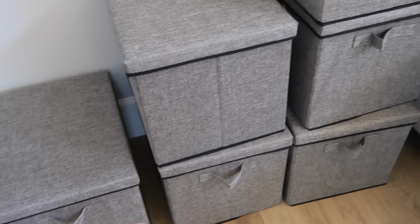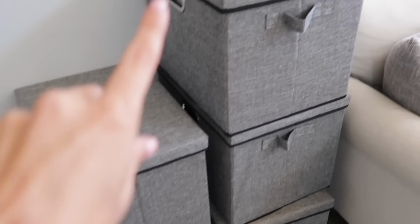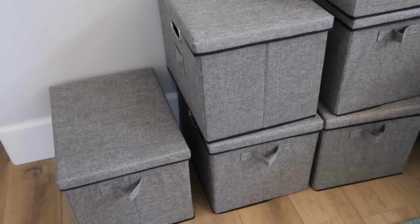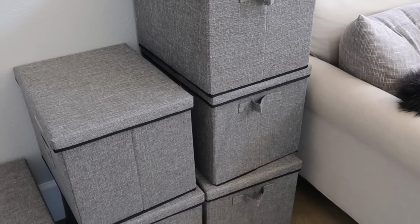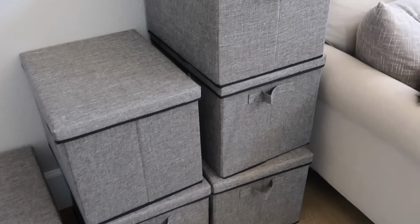The idea here is there's 7 boxes, so 1 new box of toys a day. I went with these particular bins because they're opaque, so I wanted it to be like a surprise. So I will link these exact bins below. I love them, really good quality for the price. And I just basically put an assortment